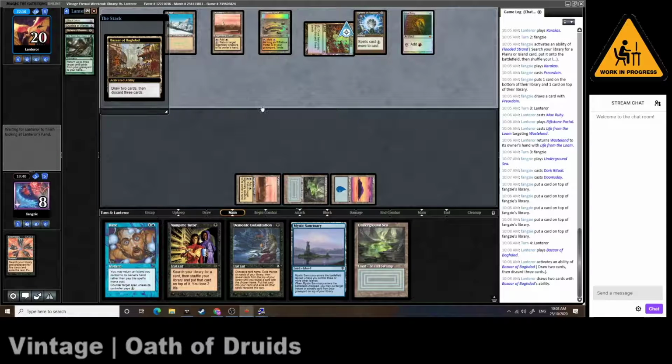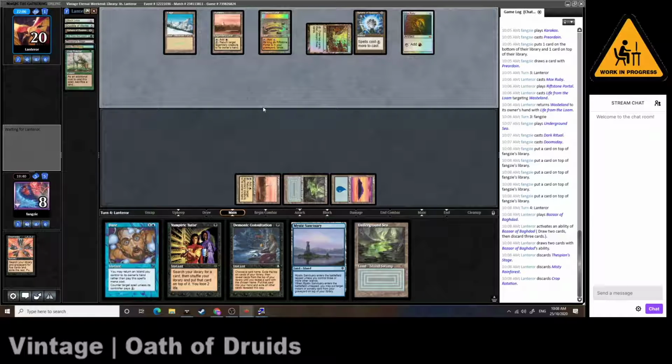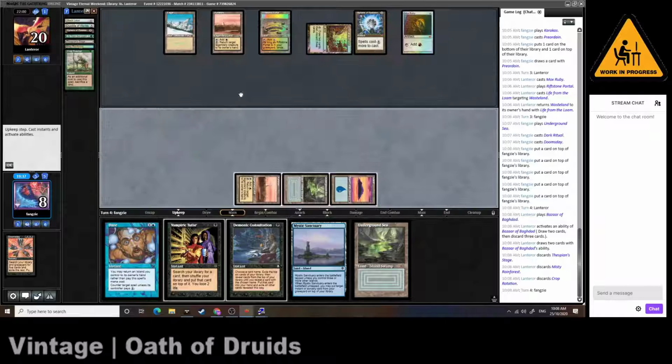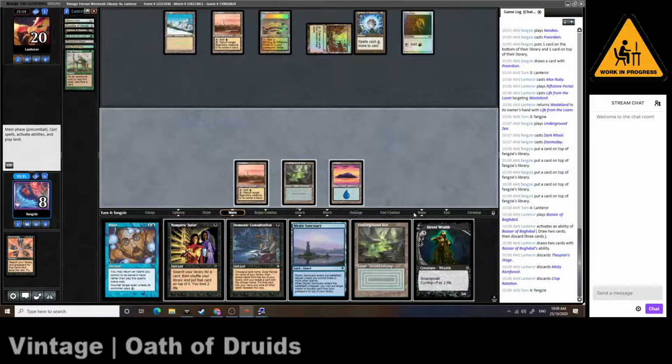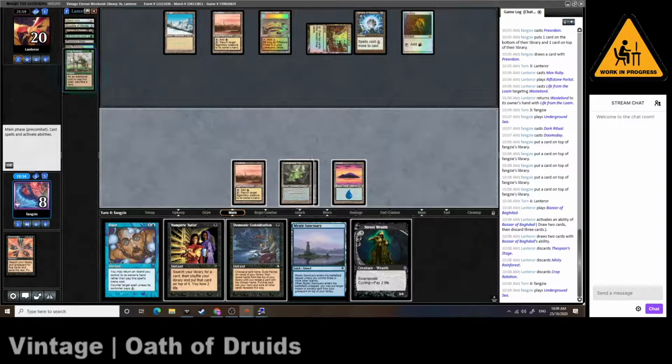They draw Bazaar for the turn, and they're activating Bazaar. I don't know what they're looking for. It must be a Pyroblast, which they obviously miss on because we know they have Wasteland left in hand and nothing else. As a result, we're now just going to